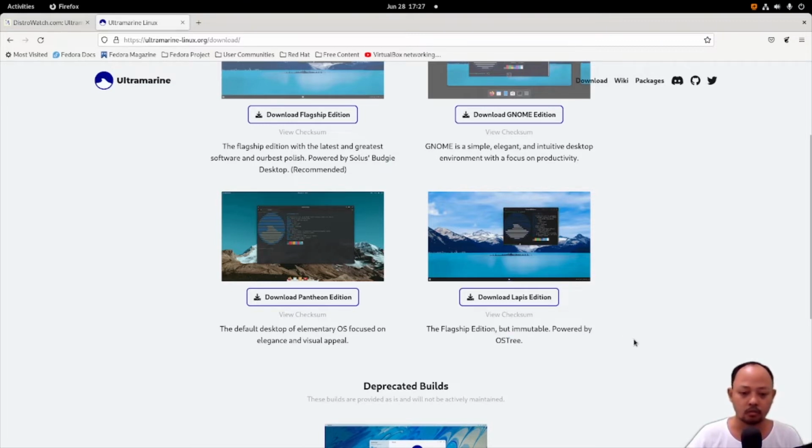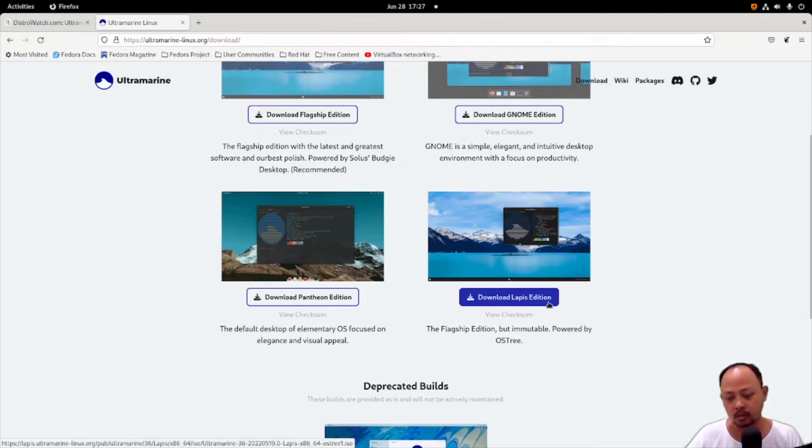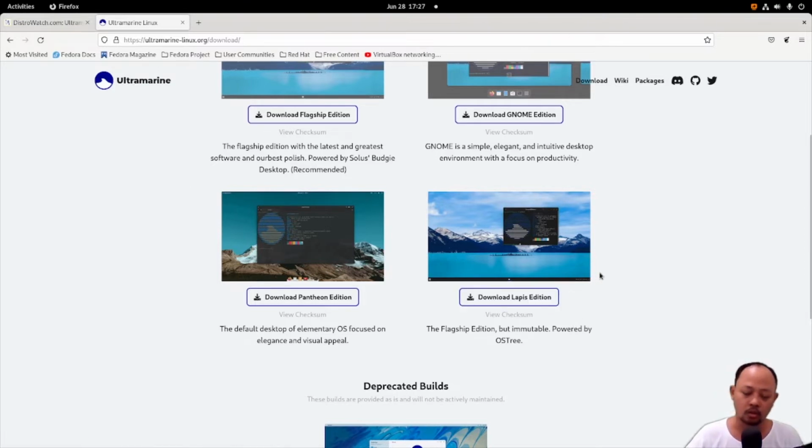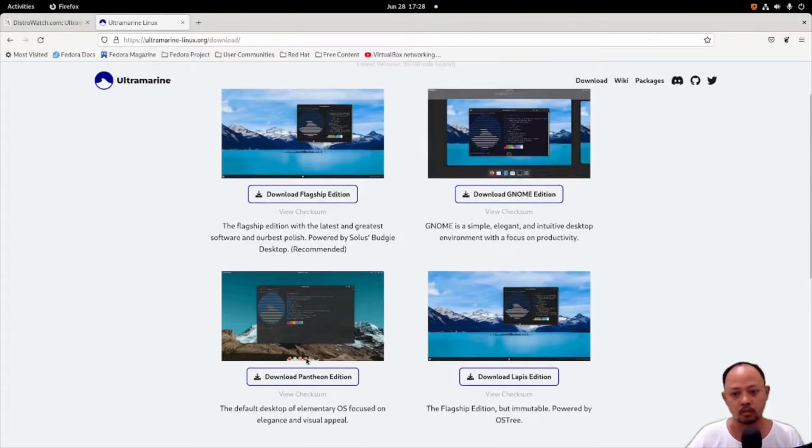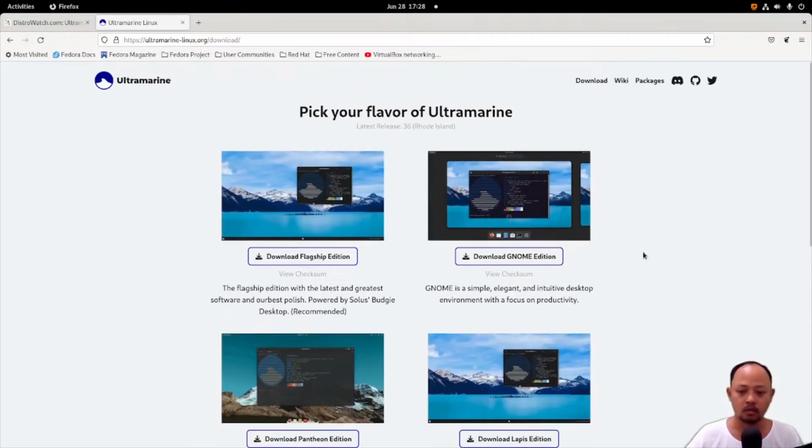It's like Fedora Silverblue or Kinoite, but I think it's the Lapis edition. I don't know the desktop environment that is bundled with this edition. And this is the Pantheon edition. Okay, and in this video I will only try the GNOME edition.